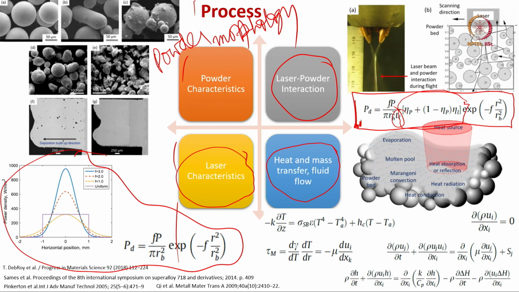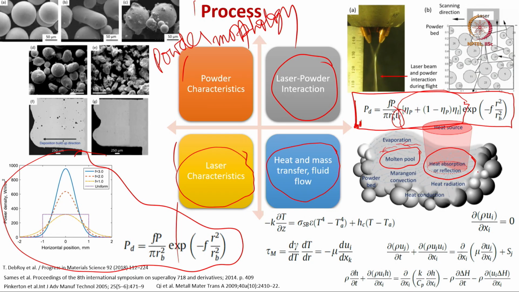Now, what you see in terms of the heat and mass transfer. Essentially there is a heat absorption or reflection by the powder, and there is a molten pool formation. In the molten pool, what you can see, not that clearly, is a fluid vector that will be